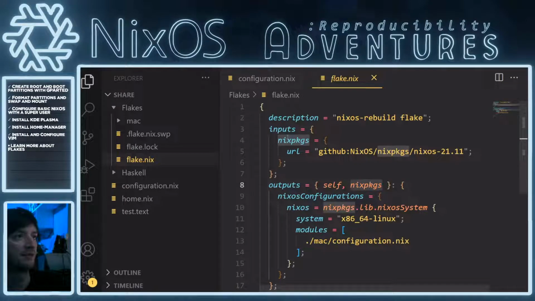And then nixpkgs is actually declared there, so it's more explicit. And then nixos equals this thing, right? nixpkgs.lib.nixosSystem is a set that contains the system x86_64-linux, only containing my module, which